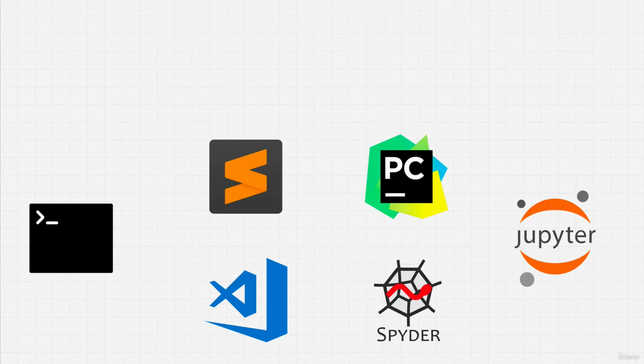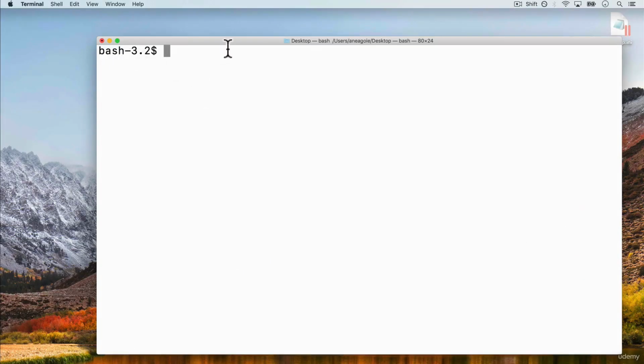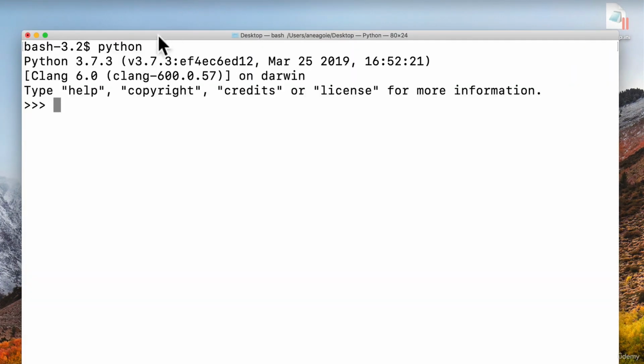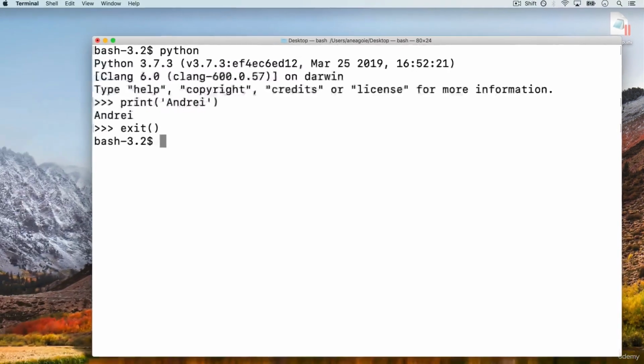In our case, these are the main ones in the Python community right now. We have the terminal or command prompt, if you're on Windows, to run quick Python scripts. And we've seen this before. I can go into my terminal, type in Python or Python 3, make sure that we have that version. And then in here, I can just write any Python script that I want. I enter it, and I just run these simple scripts, and I can just exit like this.